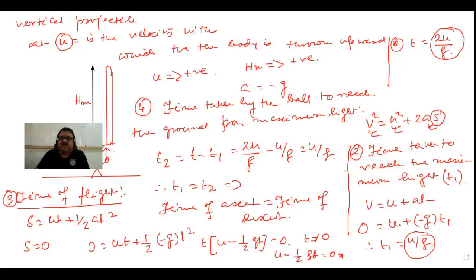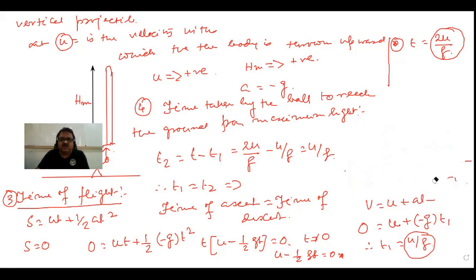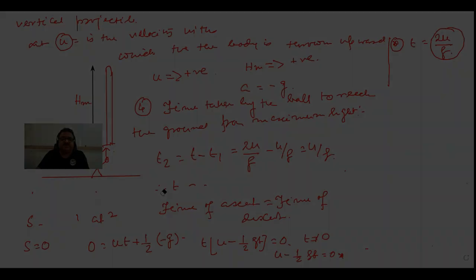So these derivations are very, very important, and I'm going to show you more derivations related to this. Now, the next topic is: what is the velocity with which the ball will hit the ground? Correct? That's a very important concept again. What is the velocity with which the ball will hit the ground? Clear? So let me clear this first. Let v be the velocity with which the ball will hit the ground.